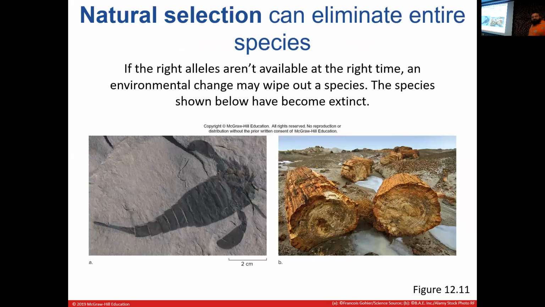Now, unfortunately, natural selection can eliminate entire species. Sometimes there's just circumstances where it sucks to have those particular traits. For instance, if you were a dinosaur 65 million years ago, you had a fairly large body type. And when that meteor struck down in the Gulf of Mexico, it threw a huge amount of dust into the sky, causing massive decreases in the overall global temperature. And it's a lot harder to heat up much bigger body masses than it is to heat up smaller body masses that are covered in fur or covered in feathers.